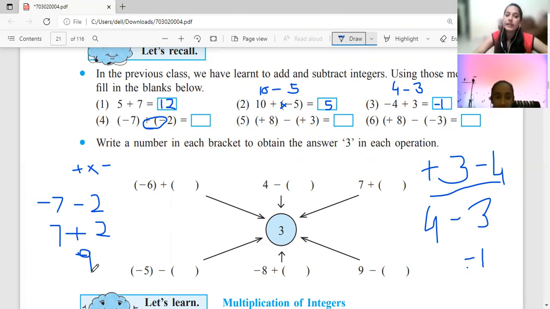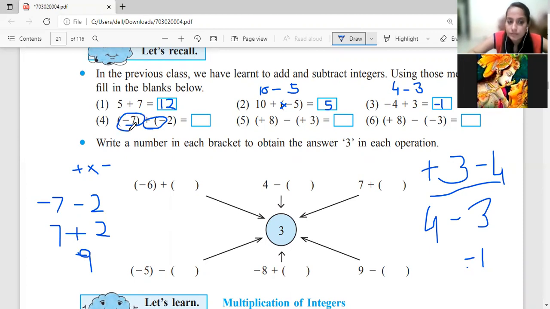Now talking about the sign, whenever you start checking for the sign, just go back to the question. Now the sign of the greater number is minus, negative. So your answer will also have a negative sign, that is minus sign. So the answer for this question becomes minus 9. Is it clear? Yes. Okay, chalo, we'll continue.